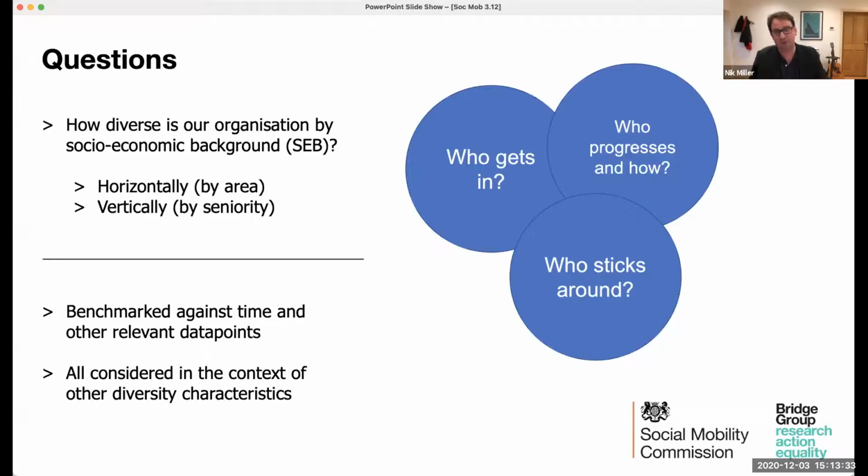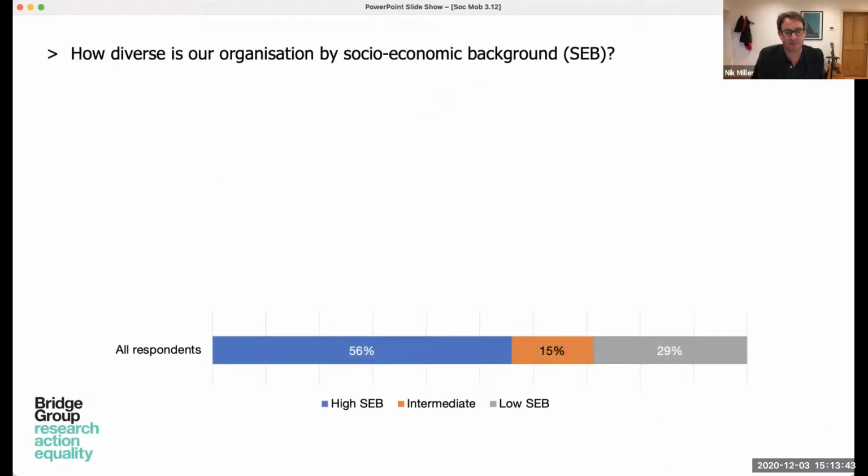So I'll be sharing some practical examples of the data and whizzing through them pretty swiftly. So on the basis of having collected the data, here's the type of data representation you might expect to find. I should actually preface this by saying the data I'm sharing is all either published or I've been given permission to share it.